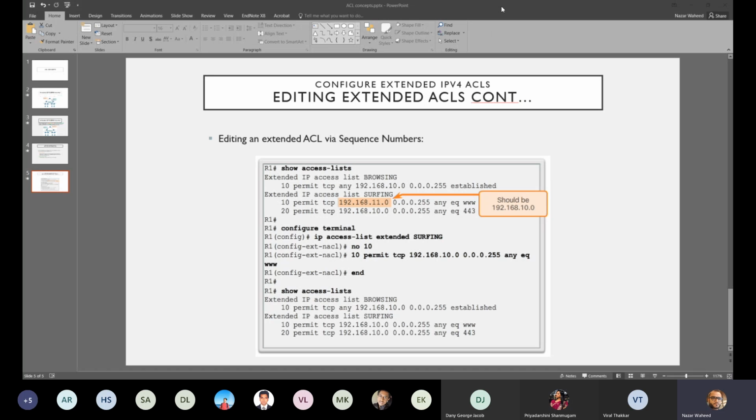Okay, so 10, 20, as I said, when we make the entries, we don't write those 10s and 20s, right? We just write permit, deny, permit, whatever. Cisco would place the entries and give them numbers automatically by default, starting with 10, the next one will be 20, 30, 40. We will have a look at the file which